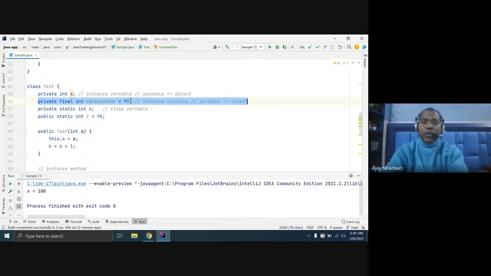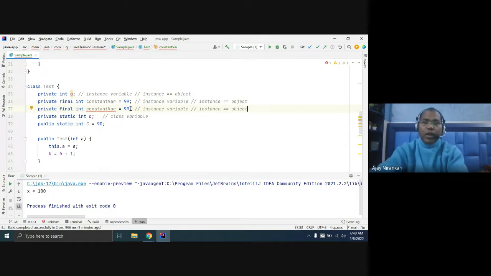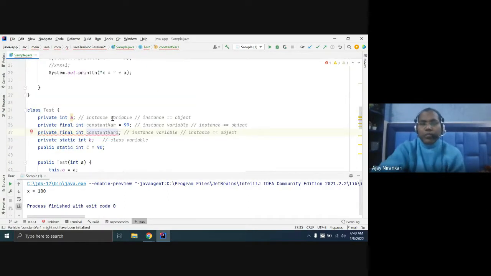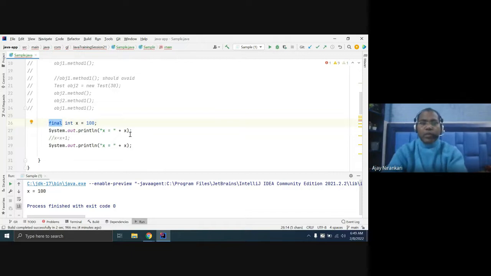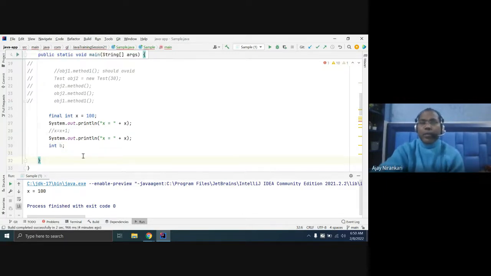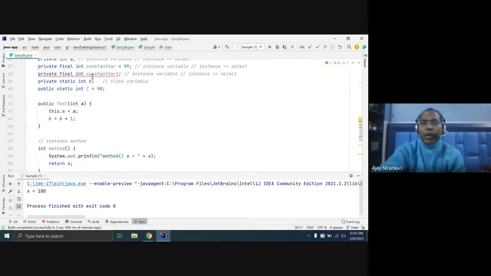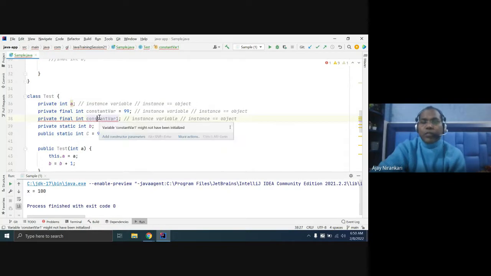First notice, in any method, if you declare integer a, the compiler is happy. But if you declare final b, whenever you are going to use it, the compiler asks what the initial value is. Similarly here, whenever you declare any final variable, it asks me to give an initial value. But here I don't want to give an initial value.